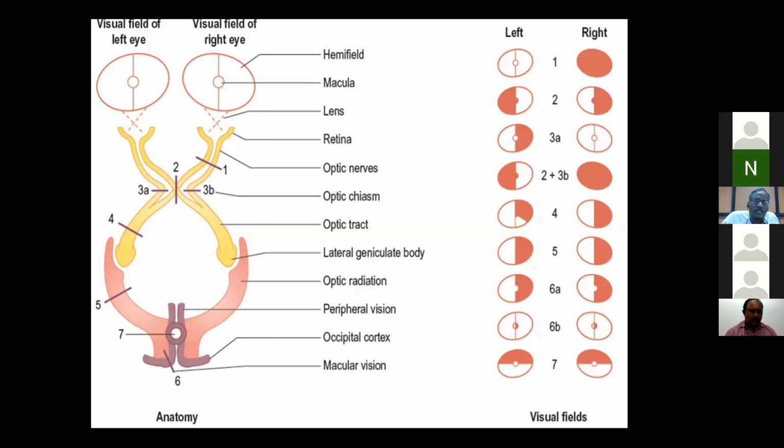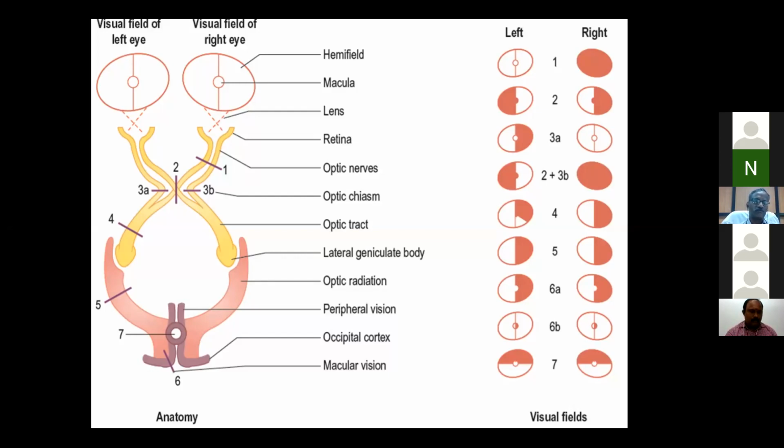See, in the lens part one cross has been given. That cross indicates that when your medial fibers or nasal fibers cross, they are carried by the temporal part of the optic nerve. This is the most important. When you are going to see the nasal field, it is carried by your temporal fibers alone. So any pathology in the temporal fiber will affect your nasal field. That is the thing I want to tell you.